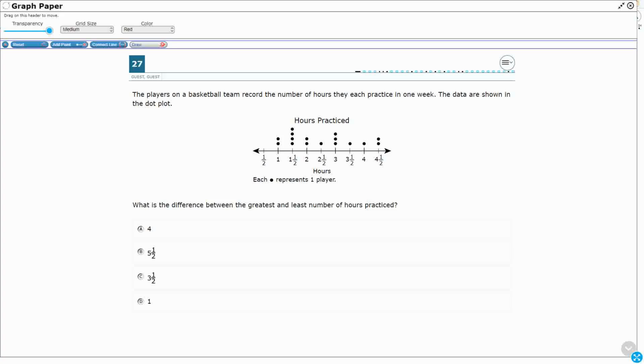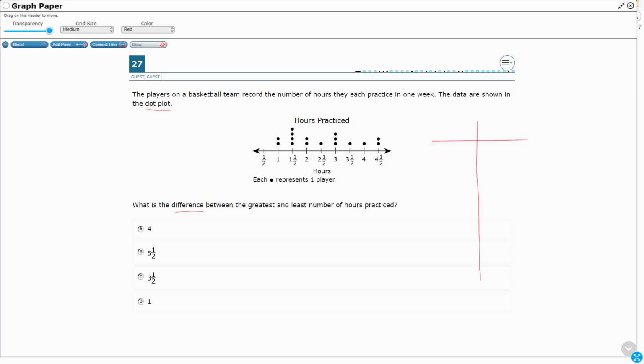All right, so we have players on a basketball team, and they are recording the number of hours they each practice. The data is represented on a dot plot. Now, we simply need to make one calculation: the difference between the greatest and the least number of hours practiced. So I want to take this and put it into a